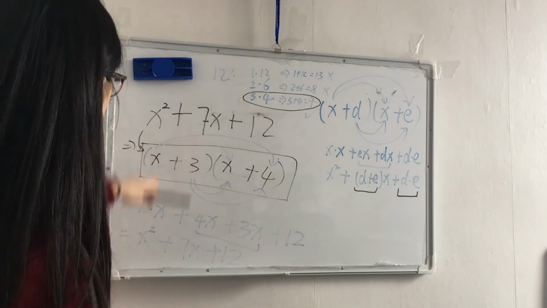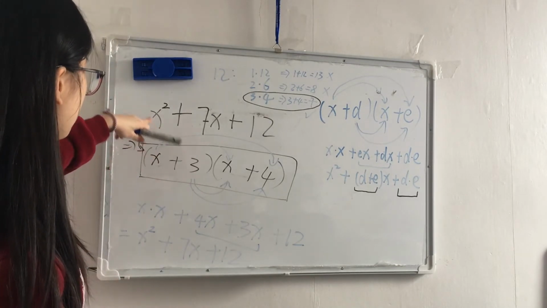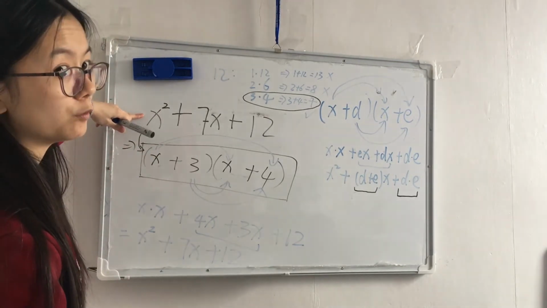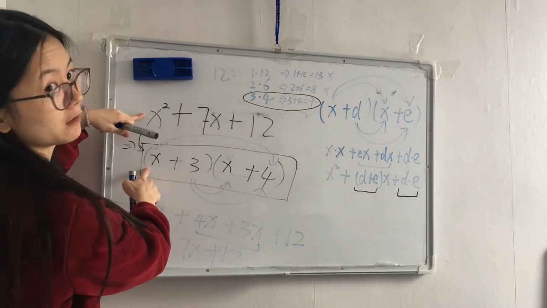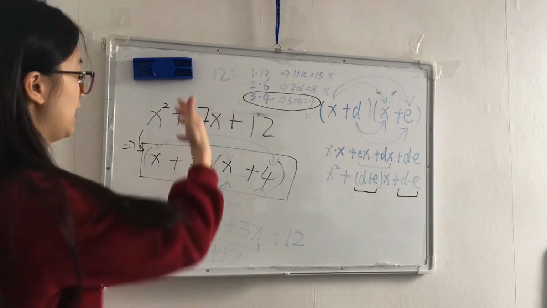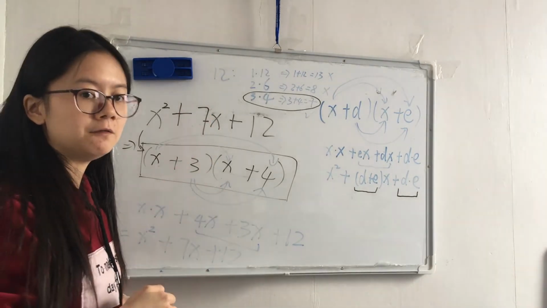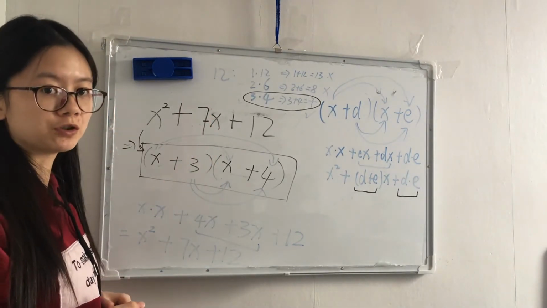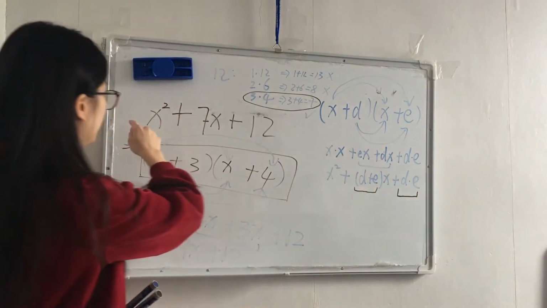You see, this is exactly the same as this trinomial form. So that means this is our correct answer. Okay, this is how we factor the trinomial term. These are the strategies, but remember, this